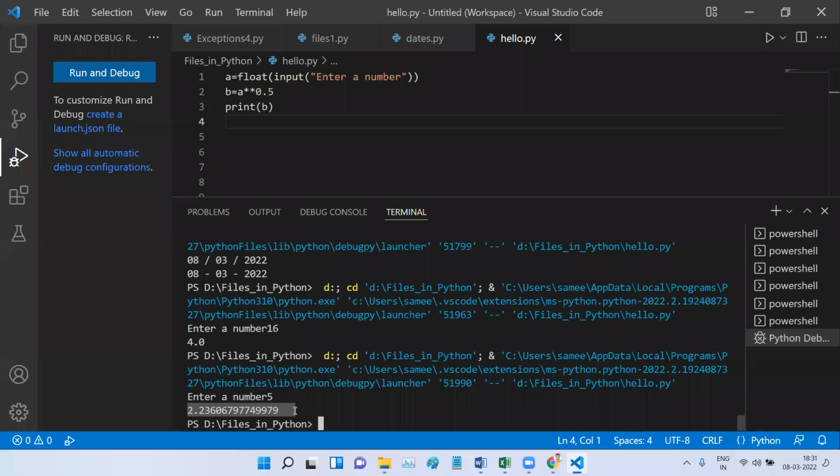Now I have a special requirement in this program: I don't want the output in decimals. If the square root of 5 is 2.236, I just want the value as 2. So what can we do, just to eliminate all the decimal points? Any hint or practice you have, any operator, I want you to suggest. I don't want the output as 2.23606, but instead I just want the 2. We have many operators or many steps in Python to do this. I want any one of you to suggest what we can do to correct this.